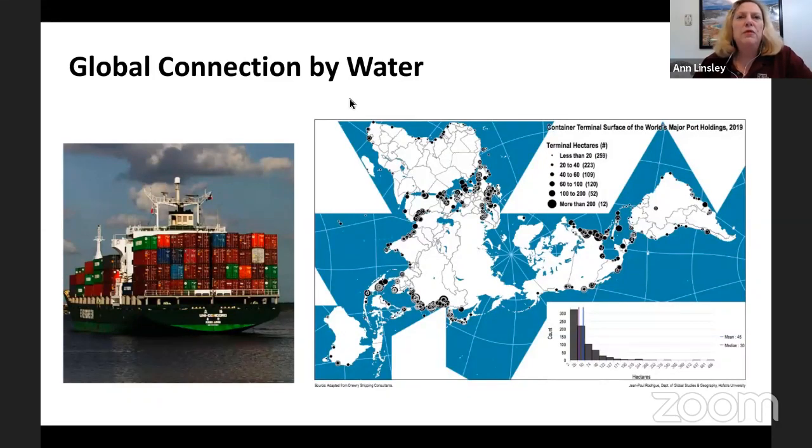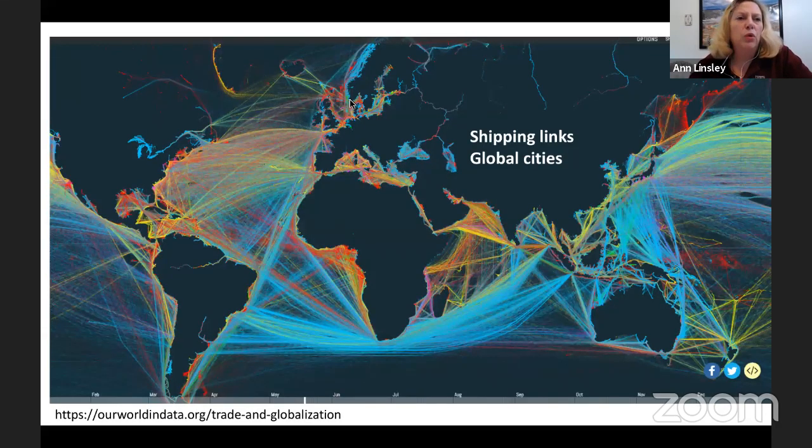Another absolutely fabulous website is called ourworldindata.org. They have a great interactive video that goes along with this. But these are shipping routes. Now, granted, they have to go around land masses, but you begin to get specific places where these are all going to, even though they're going around the tip of South Africa. But look at these routes, specific routes. These routes are connecting these